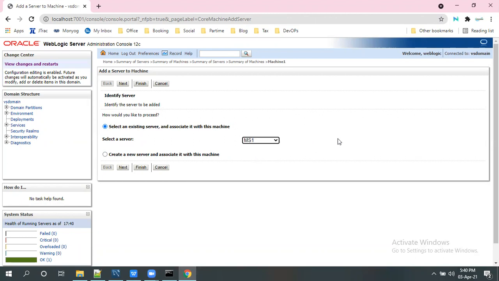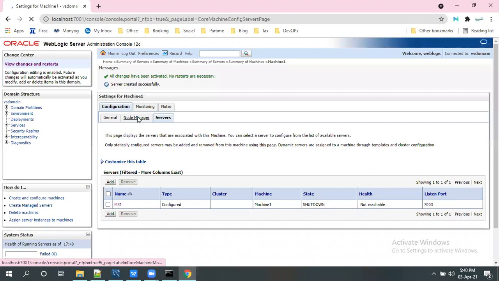So I will add the MS1 managed server here and click on Next. That's it. All changes have been activated. So here you have one machine, and MS1 is associated with that machine. Machine name is machine1. The state of the server is currently shutdown. So this completes the machine creation.